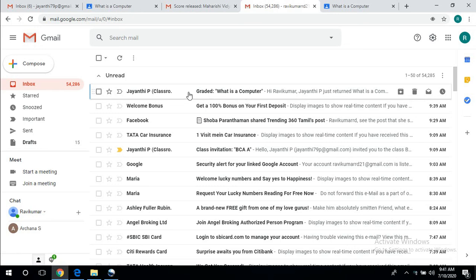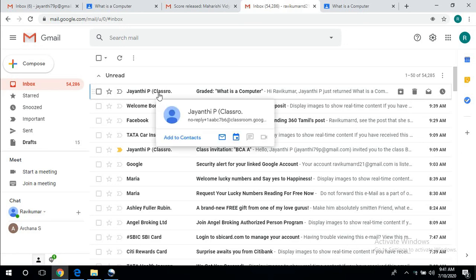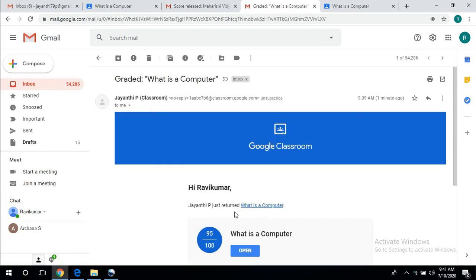In the inbox of the mail ID, whatever marks we had rewarded will be displayed there. We have to click that mail. The marks will be displayed, and then click Open.